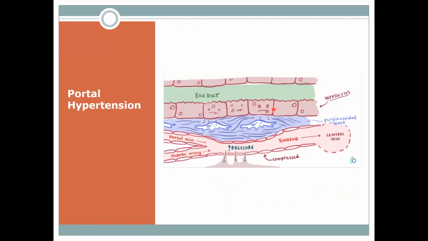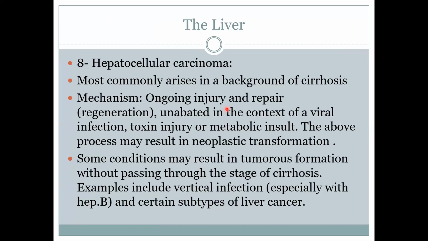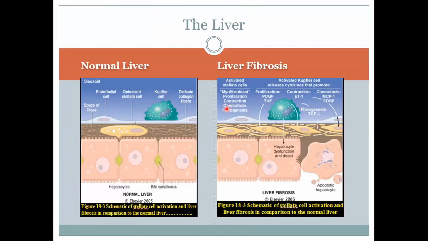This is actually what is seen in normal condition. Let me show you what is usually seen in normal condition. This is from Robbins pathology. You can see here that the hepatocytes are living happily. Okay, they are surrounded by this